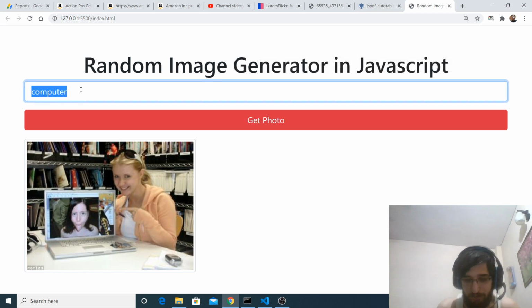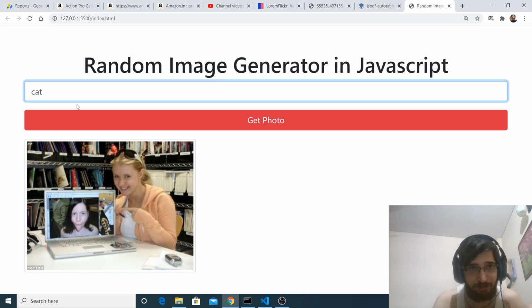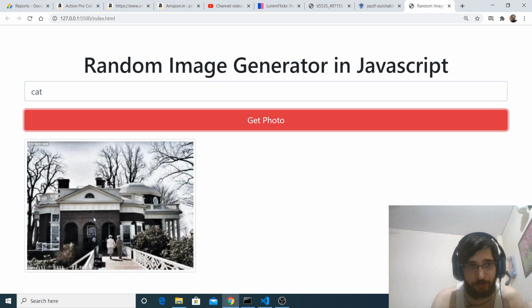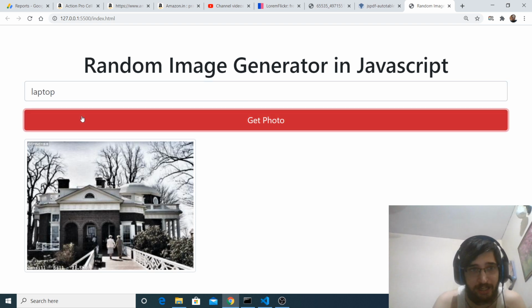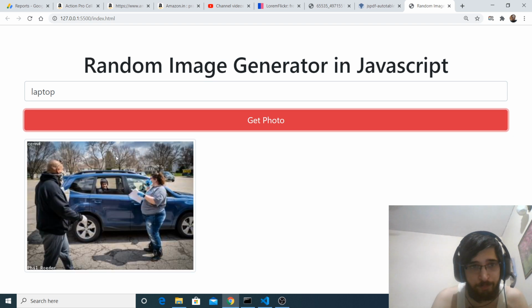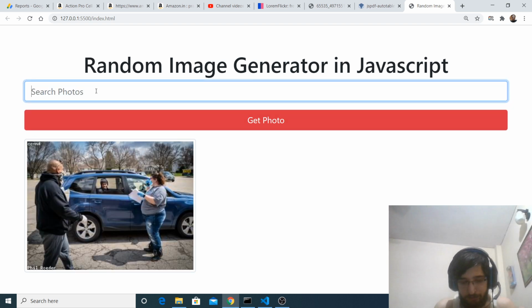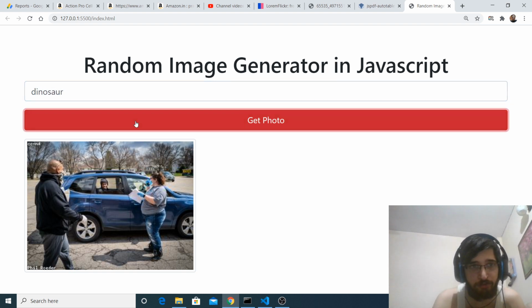Let's suppose I want to change this to cat image. Click on get photo. Now you will see a cat image. I can just change to a laptop. Click get photo. You will see a laptop is there. And let's suppose dinosaur. Click on get photo.